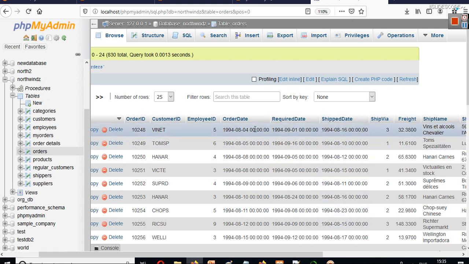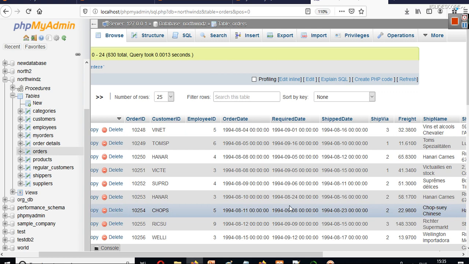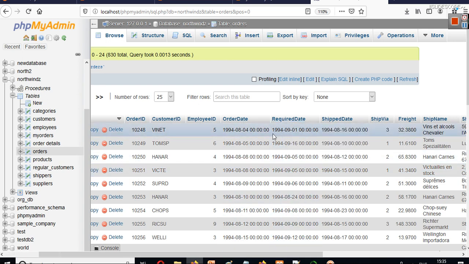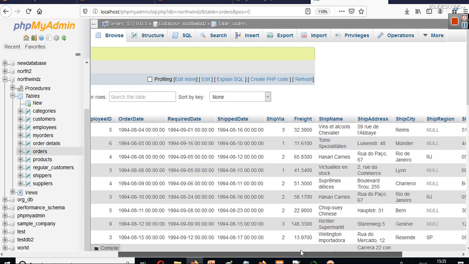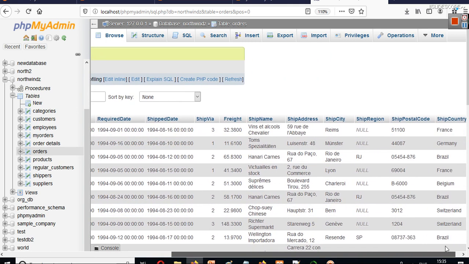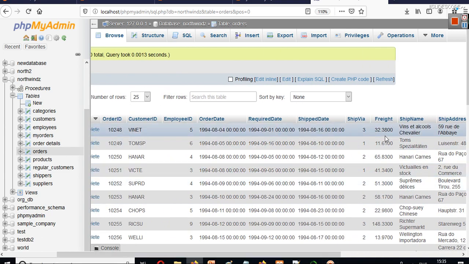Now in the order date you can see we have month, date and year. So we will use a simple function to extract the information of month and year from this. So we will extract the month and year, and this is freight charges, and there are other details, but for this analysis we will consider the freight charges, and our task is to find monthly freight charges. This is our task. We want to find monthly freight charges.